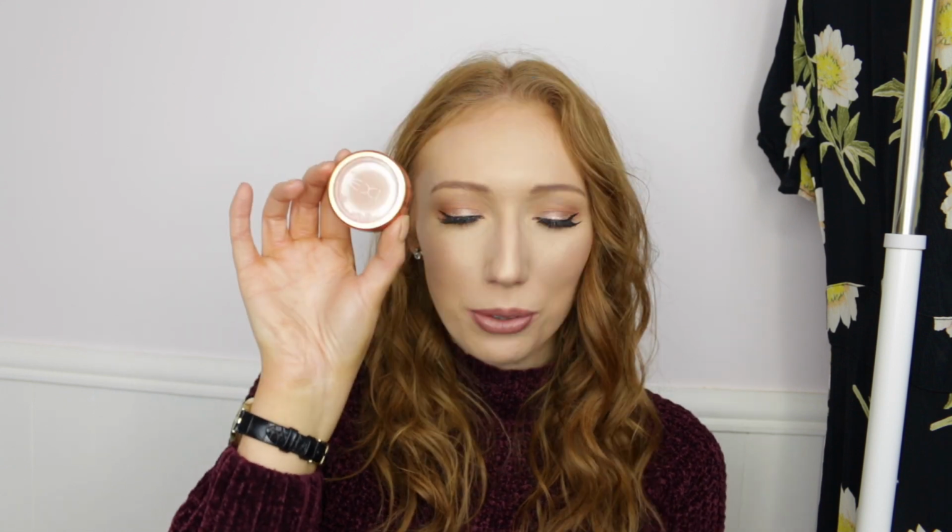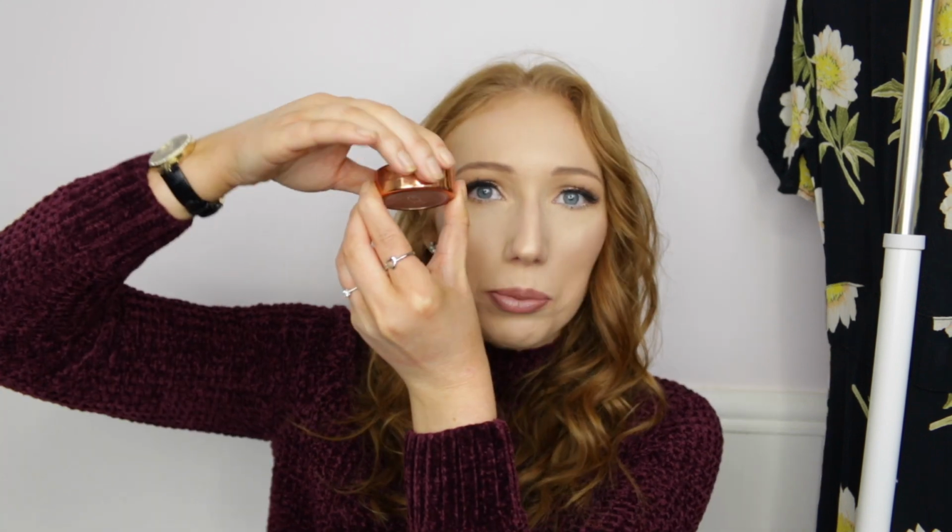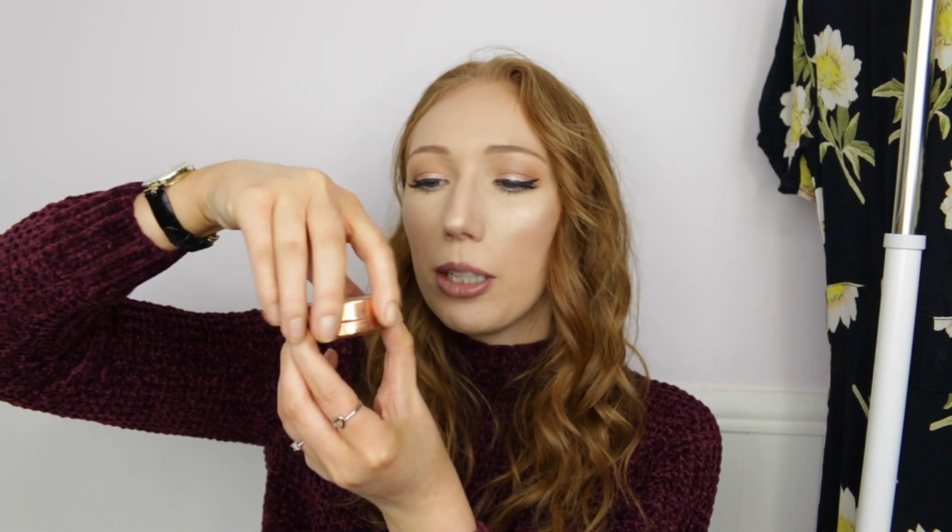As you can see, it is crumbled up, but I'm using it still. All I have to do, because it's still crumbled, is I open it like this upside down, and then I get my duo fibre brush and I go in the lid to get the last little bits out of it. But I really need to repurchase another one. I think I should have one in my makeup collection, but I have absolutely no idea if I do. But if I don't, I'm going to repurchase it because I absolutely love it, and it's one of my favourite